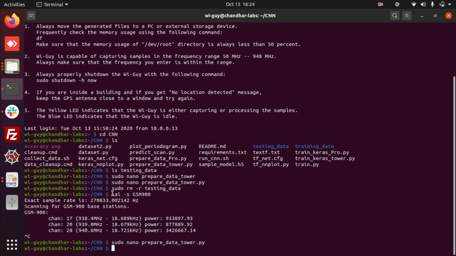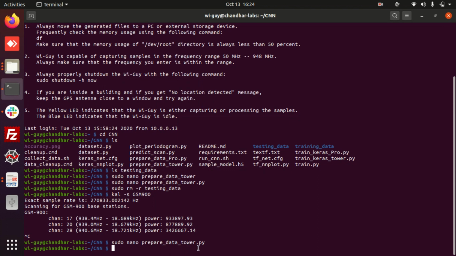And the second thing is, you want to use this call -s gsm100 to scan the frequencies present at nearby towers, because this is not necessary for WFM and LTE, but it is necessary for the GSM frequencies in order to identify the GSM frequencies present at nearby towers. After this, you go to sudo nano prepare data.